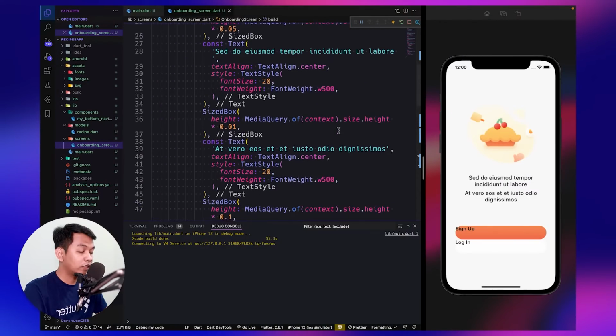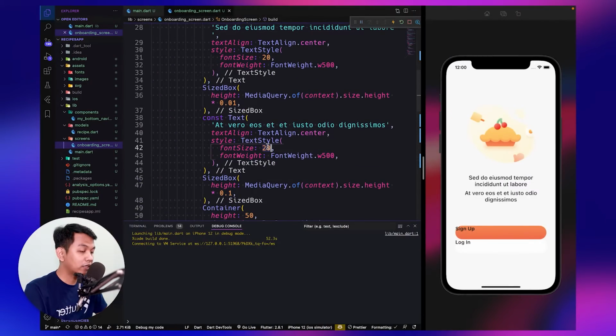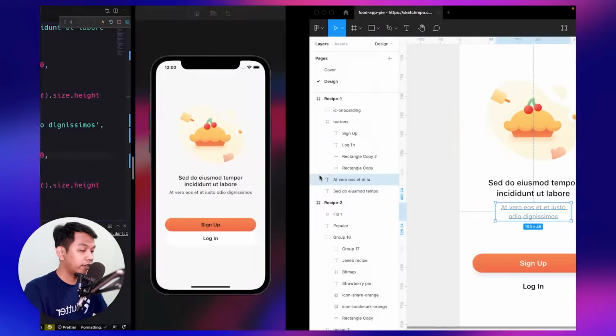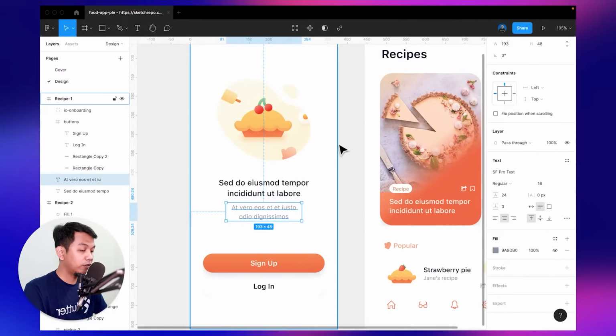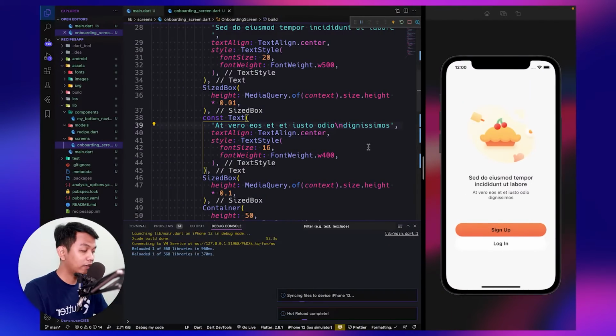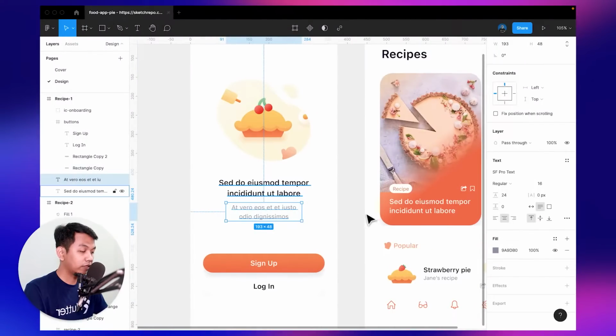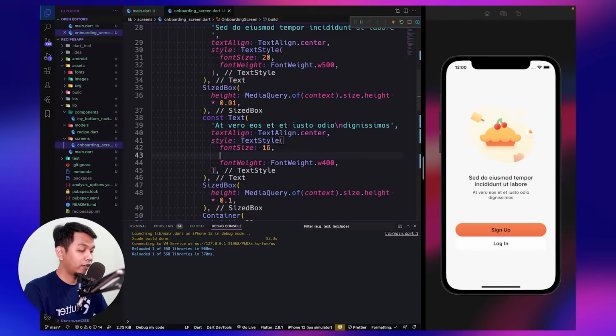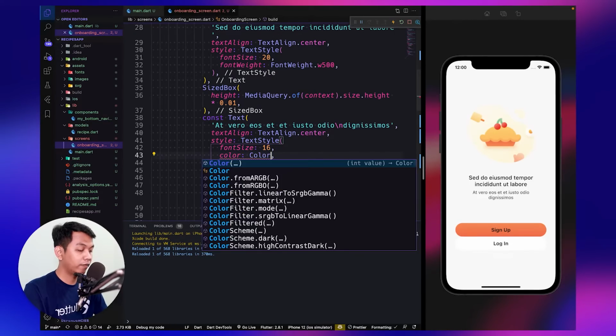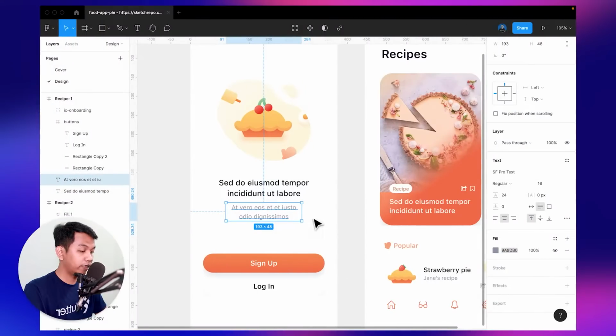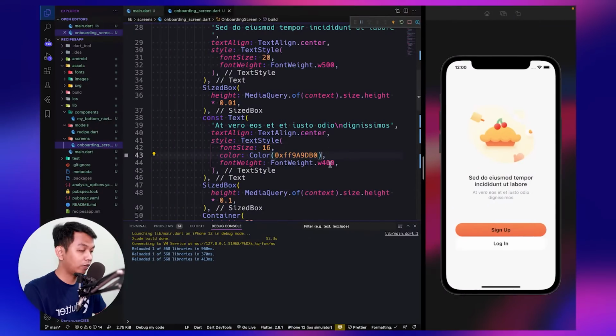So the second text 16 and regular, which is 400. And let's see. All right, and maybe we need to add this here, and we need to change the color. So let's see the color, and for this color change to this.